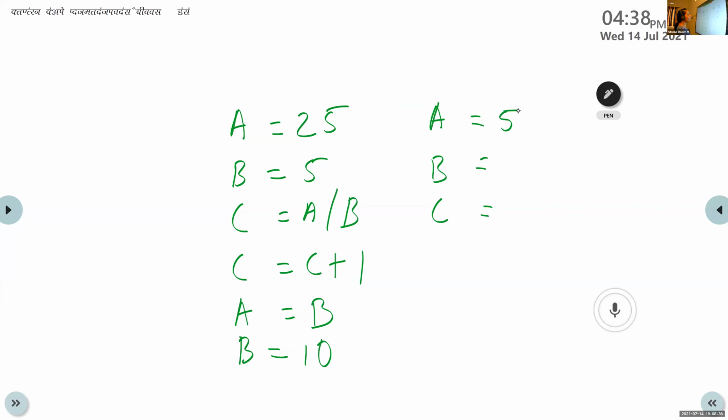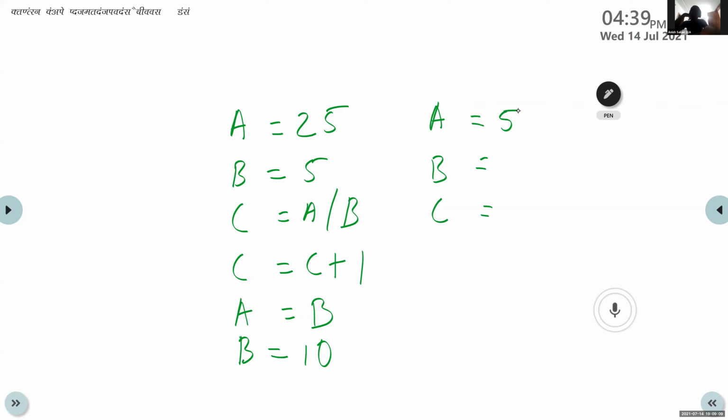Amal, what is the value for B? 10. Anish, what is the value of B? 5.